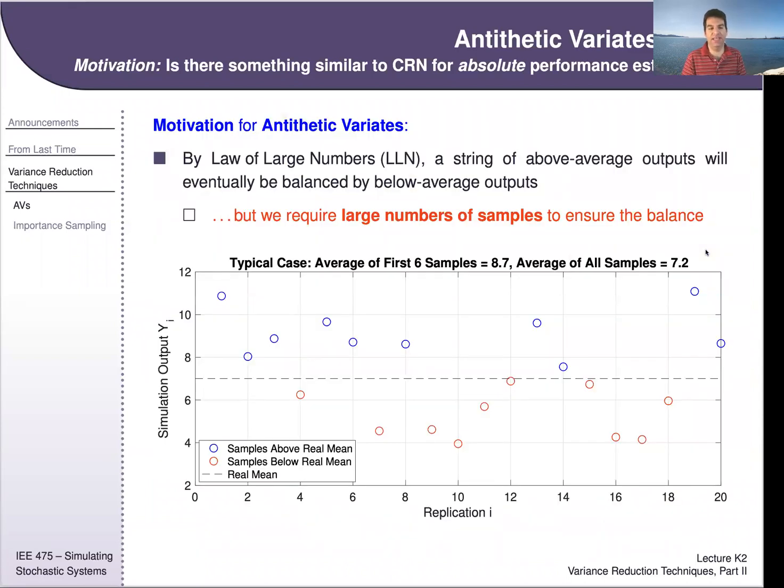the idea behind antithetic variates is that by the law of large numbers, whenever we get a string of above average outputs, so response variables, responses that are really high, like really bad, they will eventually be balanced by below average outputs. And so we run lots and lots of simulations. We run 1,000 simulation runs because we're hoping to get a mix of both. We're going to get lucky days and unlucky days together, and as long as we have a mix of both, they'll balance out and we'll get a good estimate of